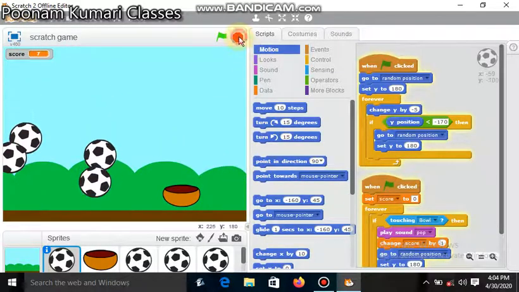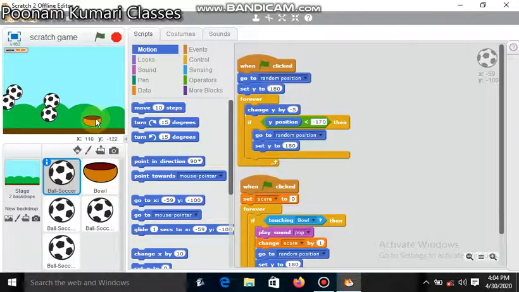So let's stop it and I will show you. I have already inserted the script today, but I will show you where it is available and what changes you have to make. First of all, you have to select the sprites. For sprites, first you can click here.